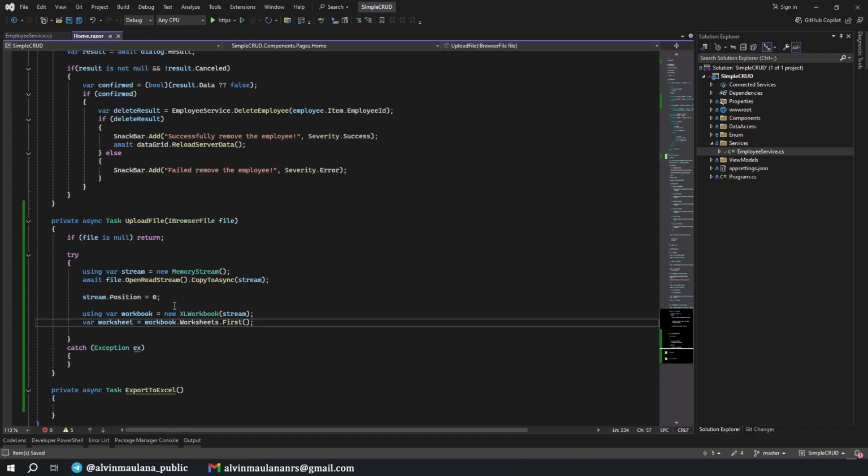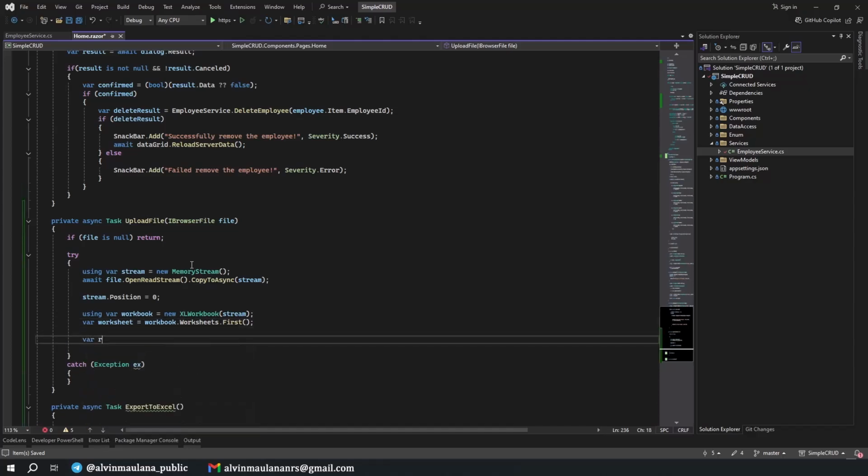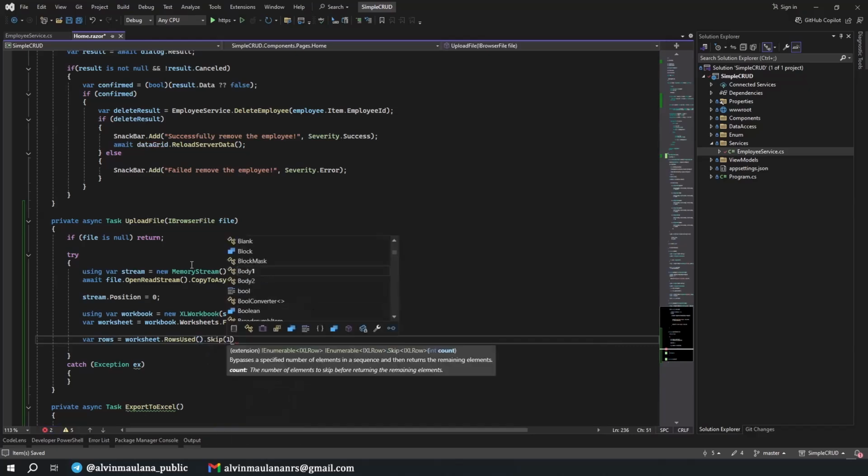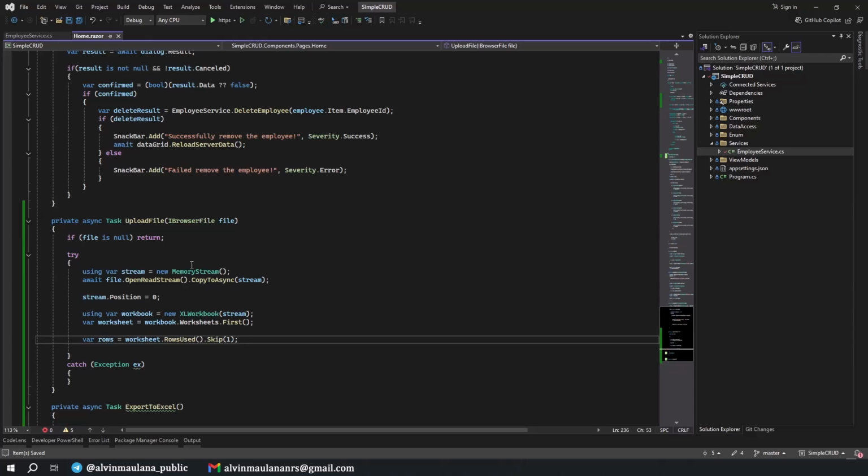We only read the first sheet, and then we get all the rows except the first one, because that should be a header. So we have var rows, worksheet.RowsUsed, and then we skip the number 1, because that should be a header.